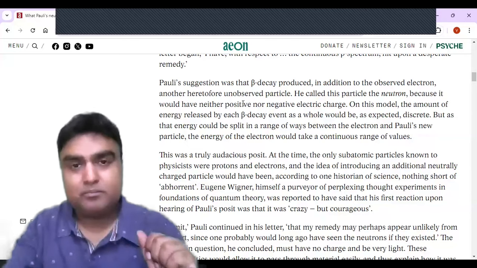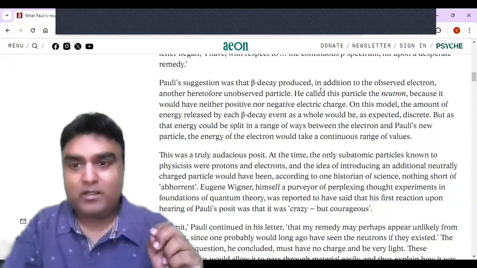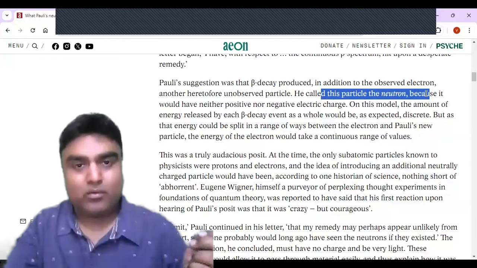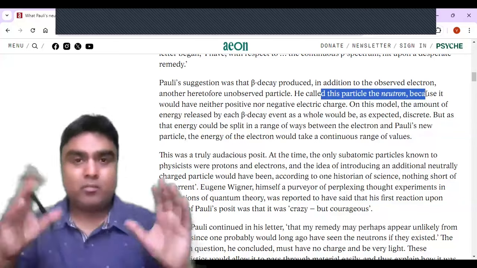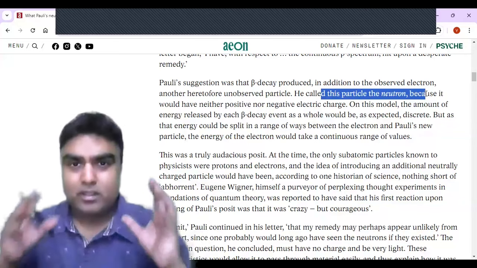I'm not able to understand many of the phrases, but what is the main idea? Still, I'm able to understand the main idea. They are talking about something called neutron. So there was some problem. I'm aware of the problem they were facing. What is the problem they were facing? The electrons